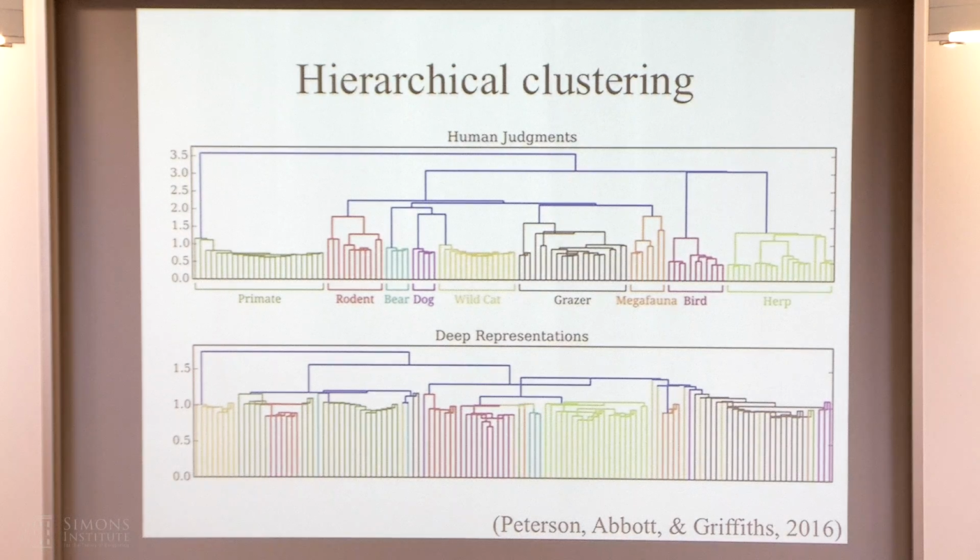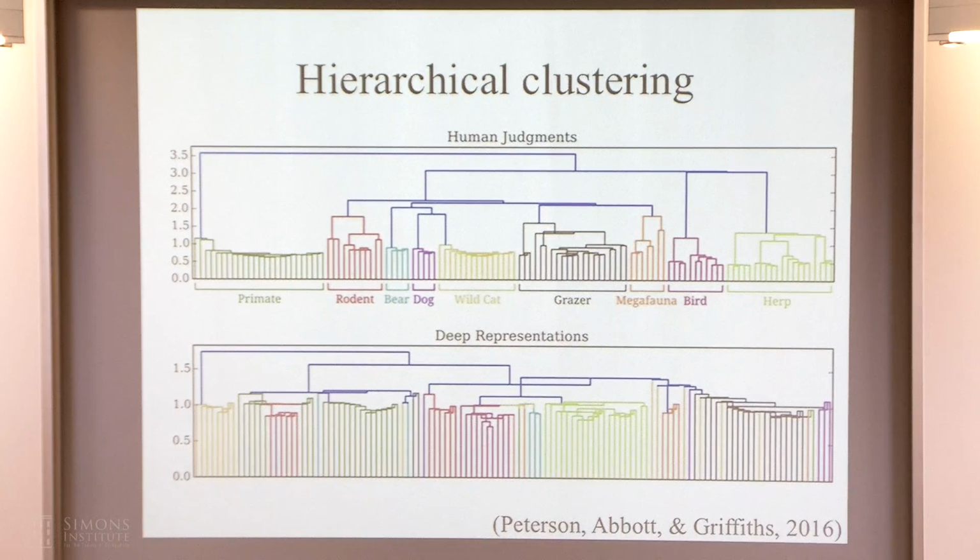So one thing you can ask is, if we take these networks and instead of training them on that flat classification, we train them on a more hierarchical structure, do you get something which more closely corresponds to the human judgments? You can ask, if you use linguistic similarity data and combine those with the image-based similarity data, or have a joint task where you're getting both images and text, does that change the similarity judgments? You can ask a variety of questions about training task and architecture to see if you can actually produce something which is closer to what people do.